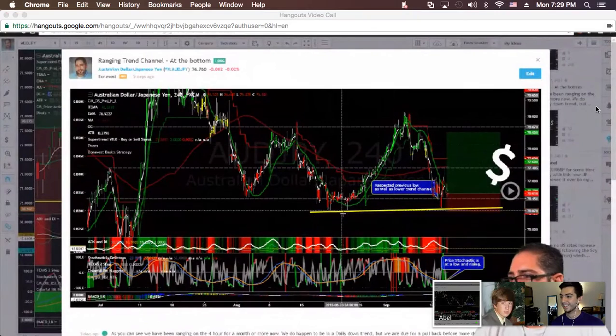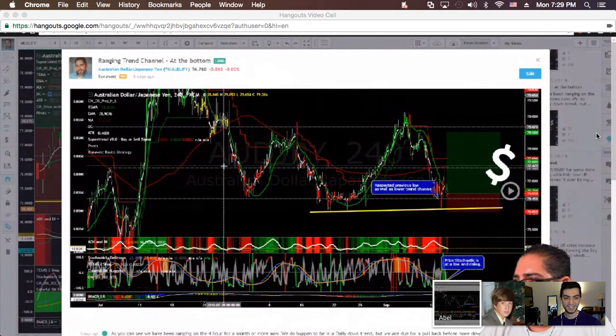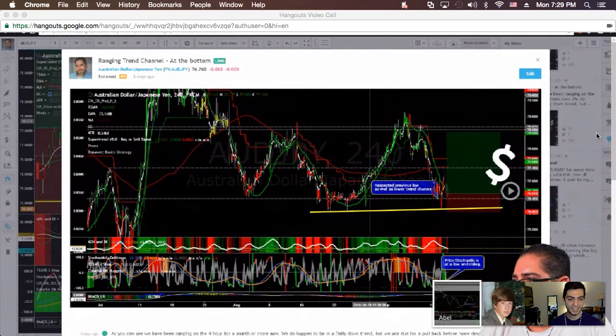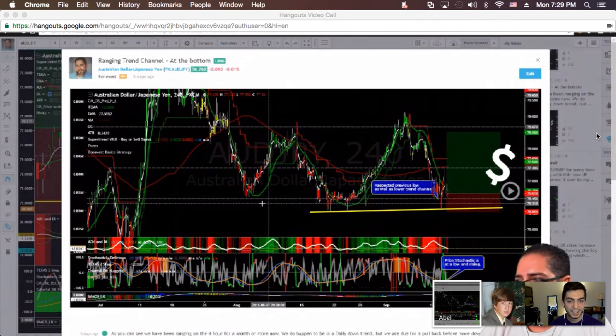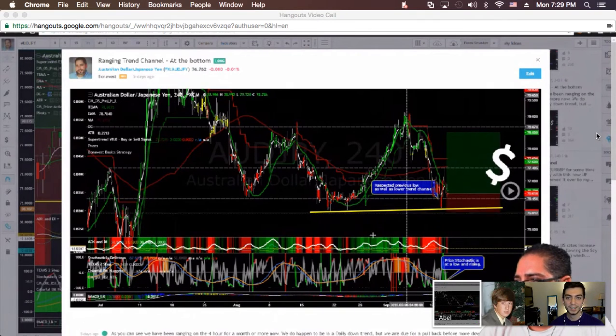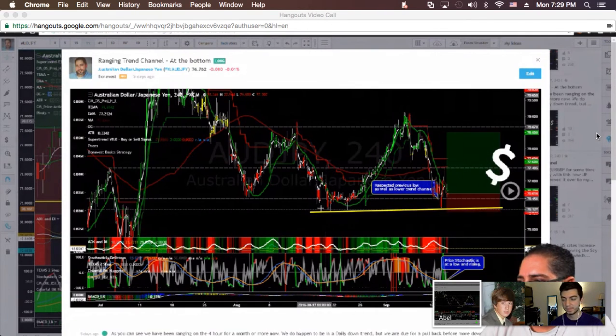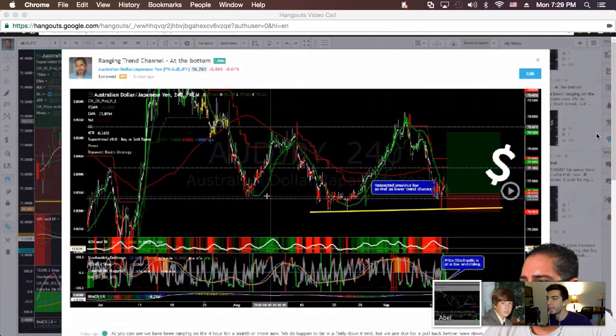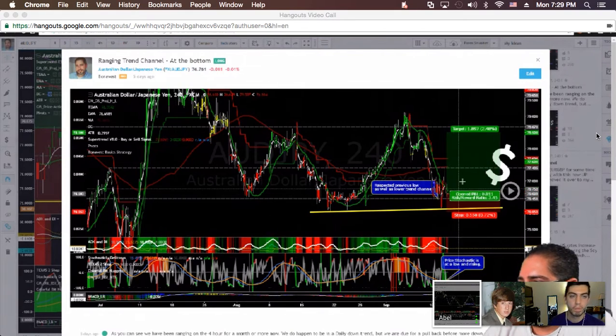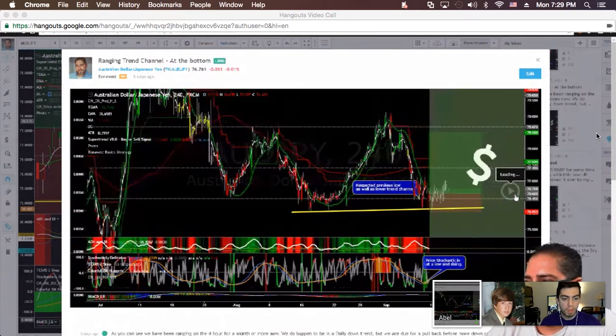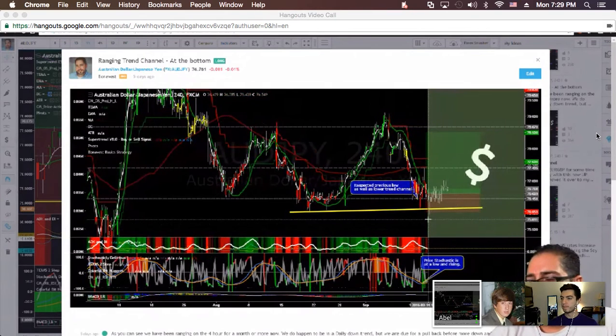But yeah, here's the Aussie yen. There's a trend line you can see here, and here's just kind of a channel that's been bouncing around. I was kind of counting on it doing it one more time here, and it kind of respected this low line where the last time it touched, but also within the bottom of the trend channel. So I was hoping it'd go up, and if we advance the candles a little bit, it went down a little bit further than I thought.